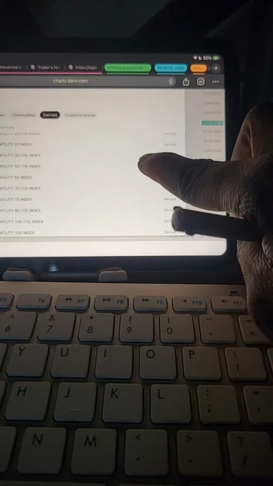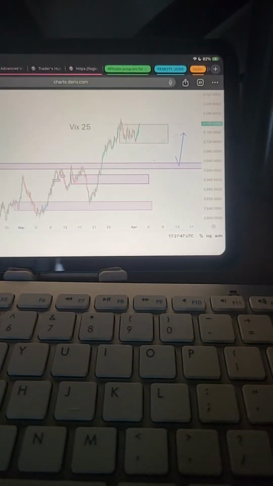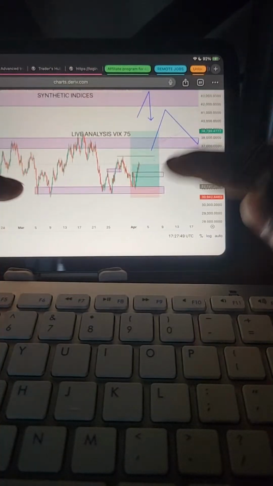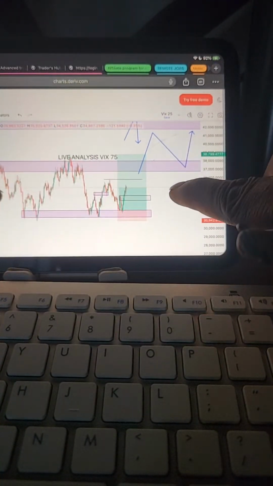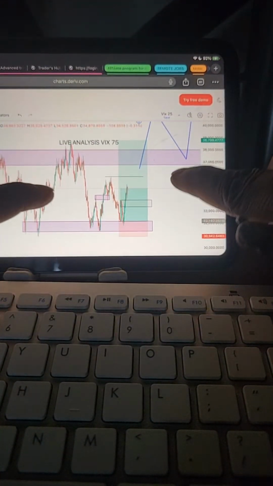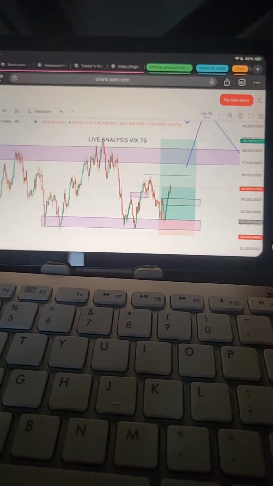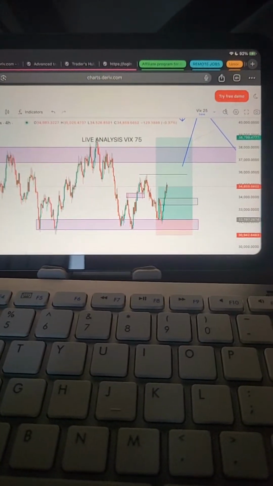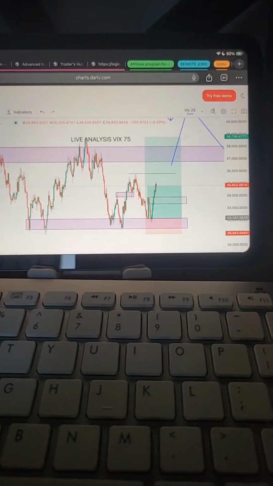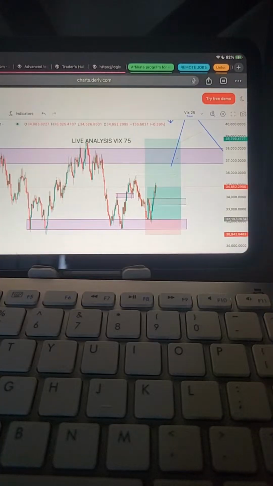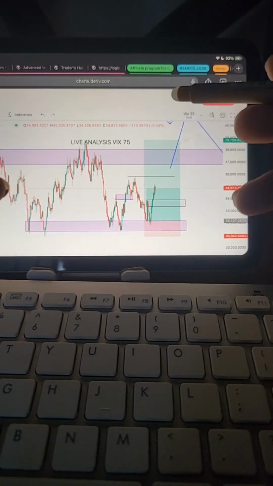Let me quickly show you what's going on with Volatility 75, and I'm active on this trade. I'm in a buy trade. I'm actually buying Volatility 75. So I actually trade both synthetic indices and forex pairs. So if you are someone that normally trades synthetic indices and you're following me a lot, you see that I